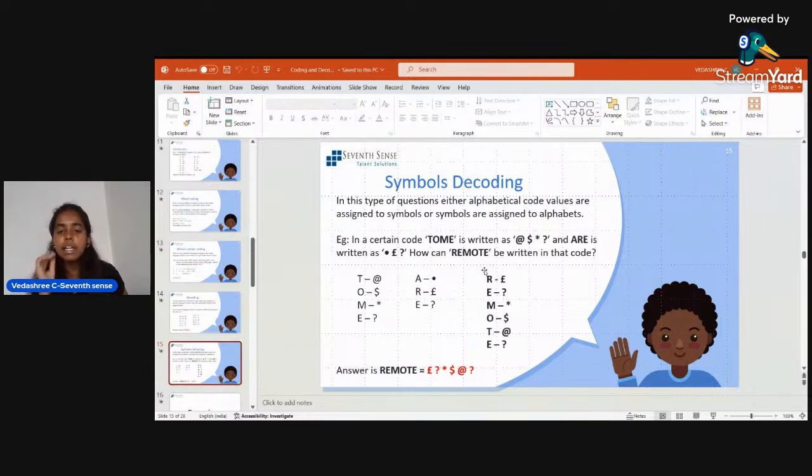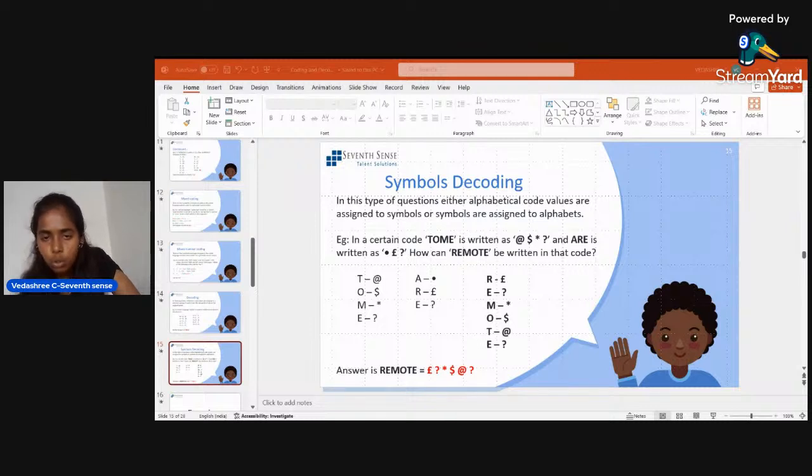So next, symbol decoding. By seeing the question only you will get to know these answers. Okay, coding and decoding is a very easy concept. You will get more questions in the entrance exam, I guess. I don't know, but